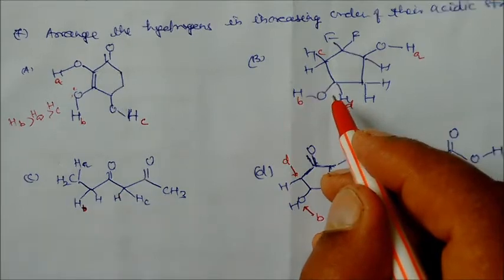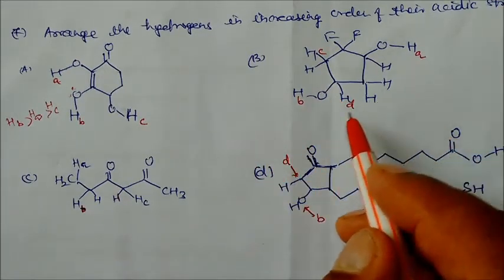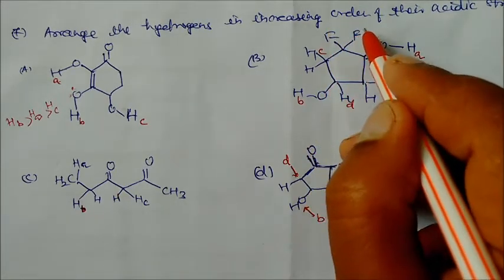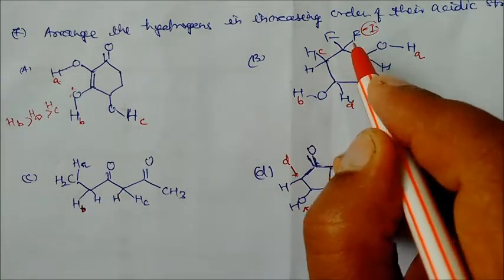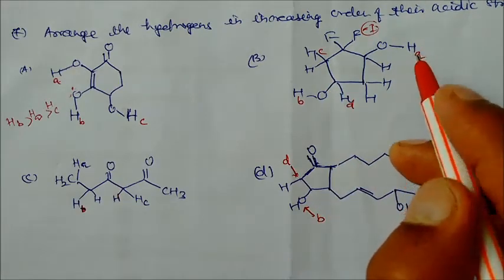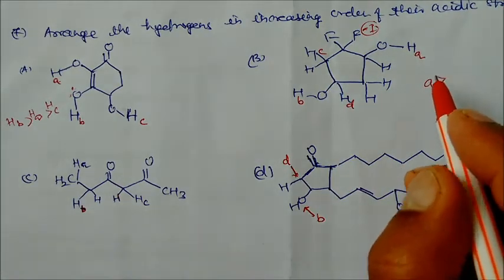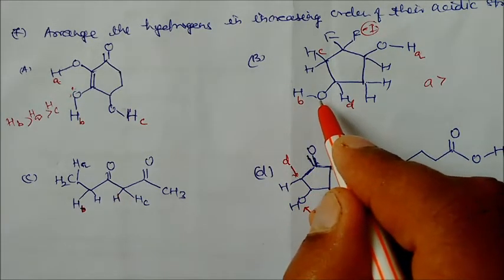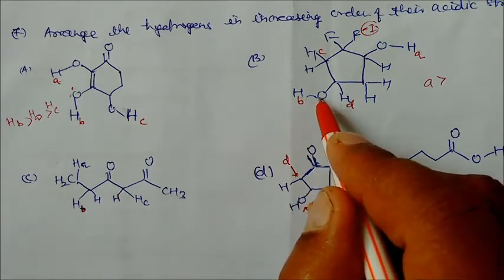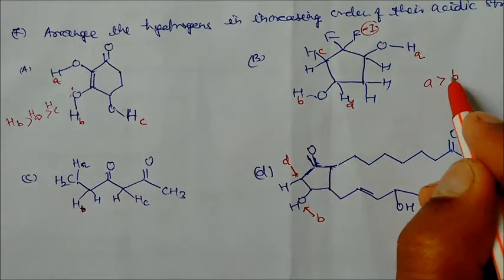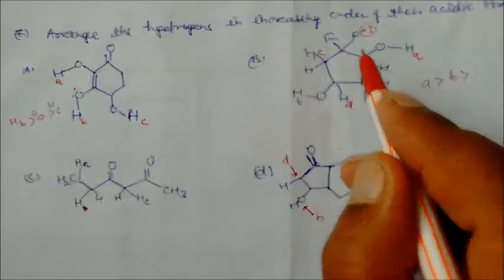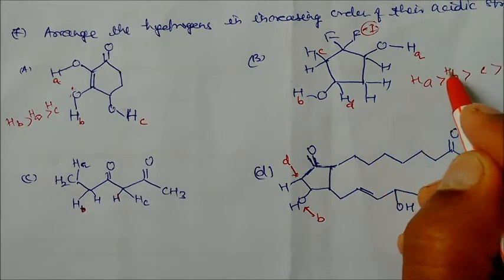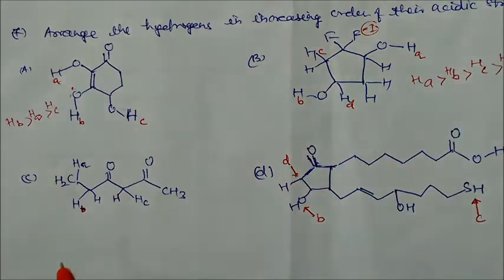Now in this case, which will be more acidic? We can say these are the two minus I effects. These two fluorines will cause the minus I effect. So A will be more acidic, then definitely followed by B, because oxygen is here. The hydrogen is just attached with the oxygen, so this will again be more acidic, then followed by C, because this is attached with the two fluorines, and then again D. This is the acidic order of the following compounds.